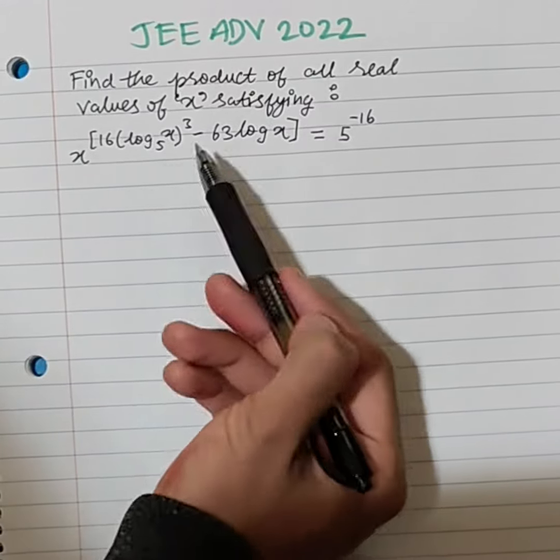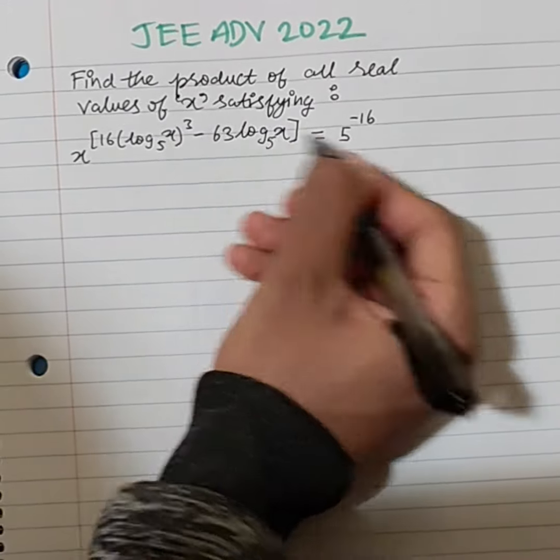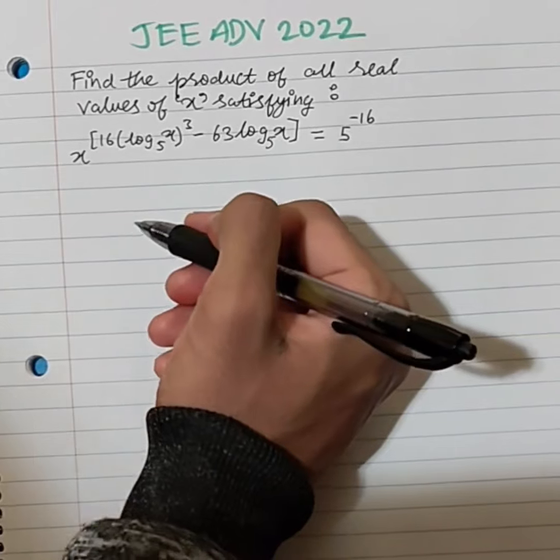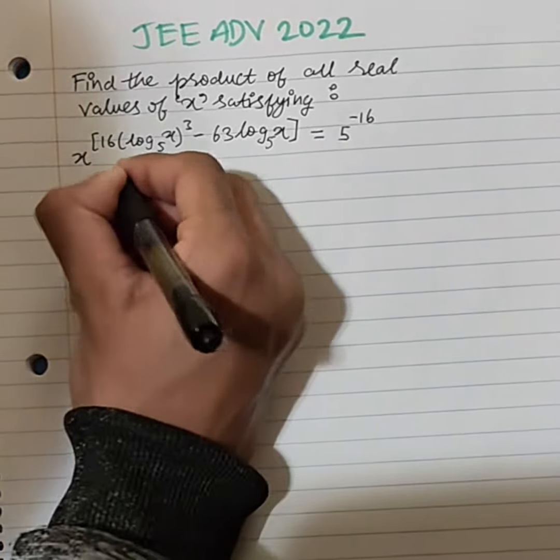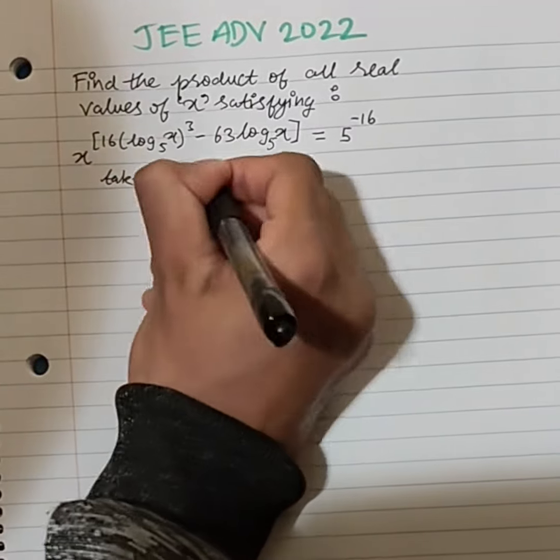this is already in terms of logs, and because this is log to the base 5, right? We can take log to the base 5 on both sides and we can sort of cancel this thing off completely, just make this negative 16 using logarithmic properties. So if we take log to the base 5 on both sides,